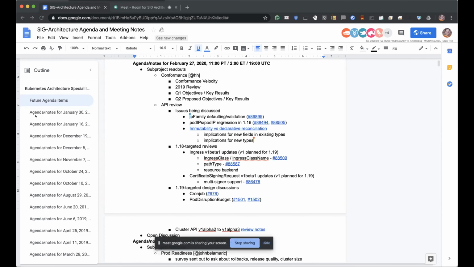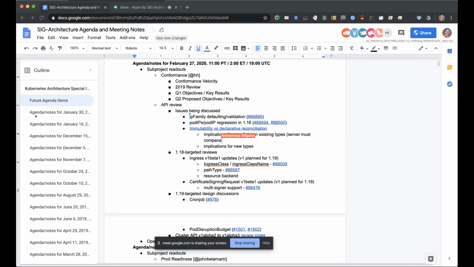Most of the arguments for immutability in older existing objects was us coming in after the fact and being like, we don't really know what we want to make mutable, so let's make nothing mutable. When you're adding a new field, asking someone to think through the API design of what it means to be mutable seems reasonable. And we have generally trended towards mutability rather than immutability. I can't think of anything that, once it's existed for a while, doesn't tend to become mutable. Not 100%, but certainly most of the new fields and new areas, we've gone back and made things more mutable.